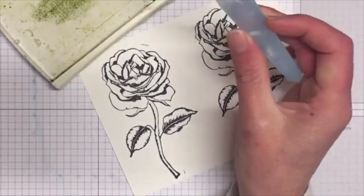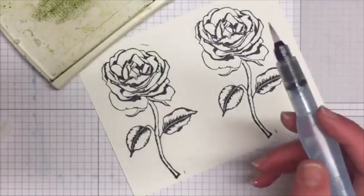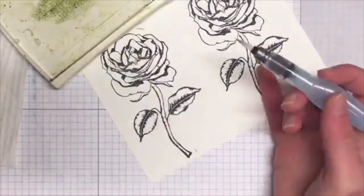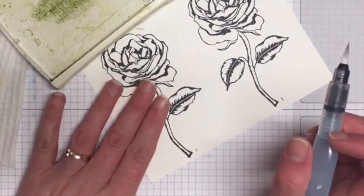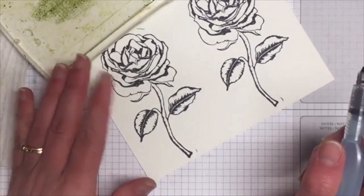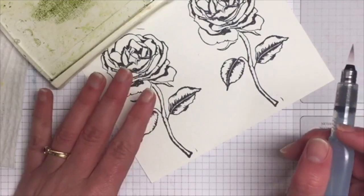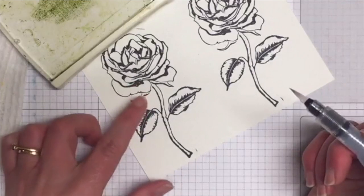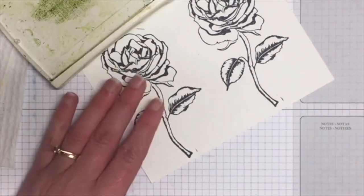Okay, so I've got my aqua painter and I've got my cloth beside me. I've also got my cup of tea, which will probably be cold by the time I get to it, but that's fine. Now I've stamped in the basic black archival, and I've found that you do need to let it dry. Like I know with the Stays On we could stamp it and then go straight into it, but I've found with the archival one that you do need to allow it time to dry,